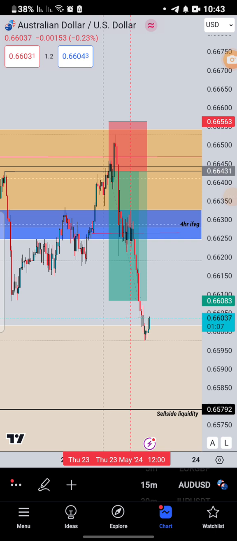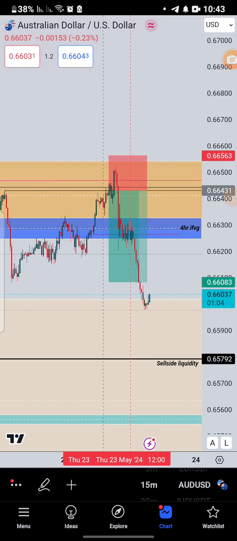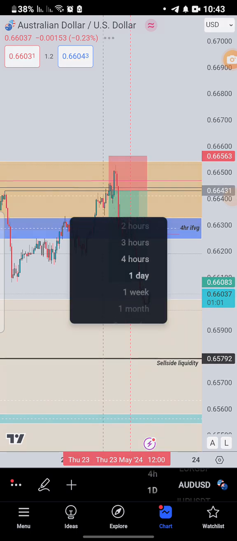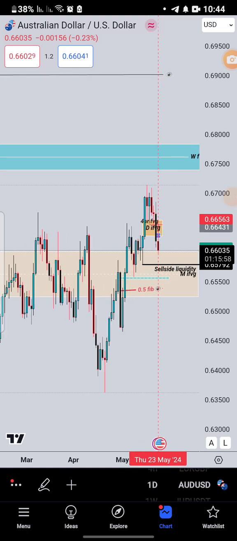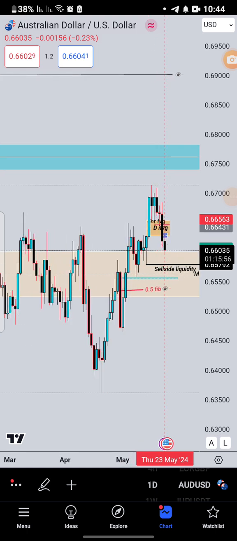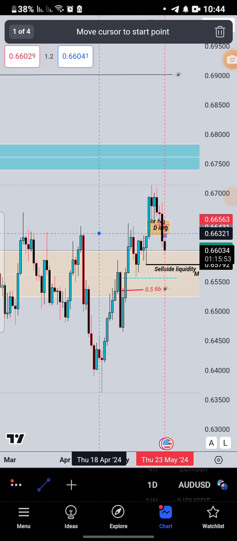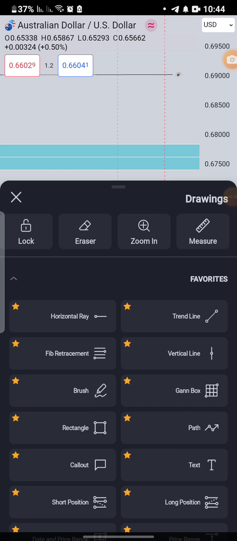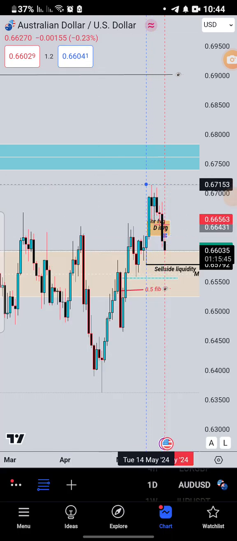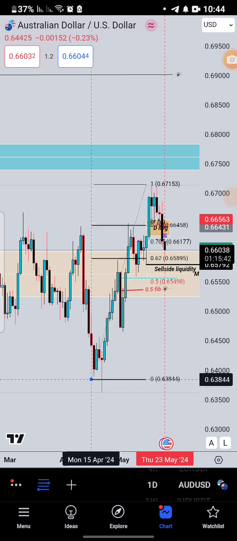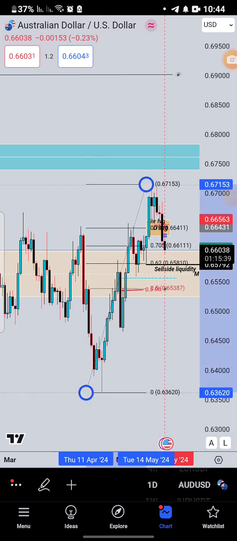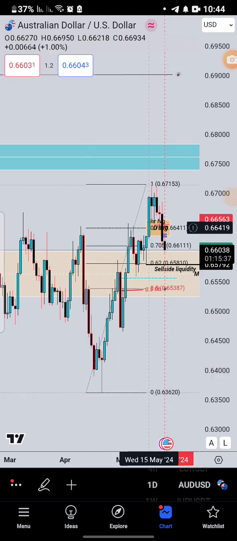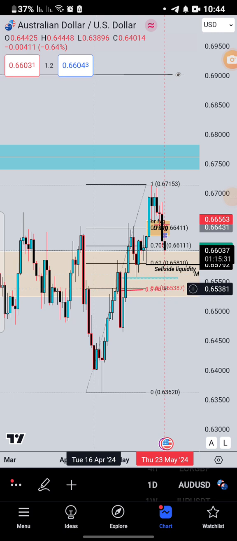And probably I'll be seeing you tomorrow, because our general draw on liquidity, we want to see the market deliver a lower for the AUD/USD, because this liquidity has been grabbed. So we have the liquidity grab there, and if we take our Fibonacci tool from the highest high to the lowest low, you can see we are still inside a premium. So if we want to be buying, remember we want to see price deliver to discount. So we have this 50%, which is my red line there.